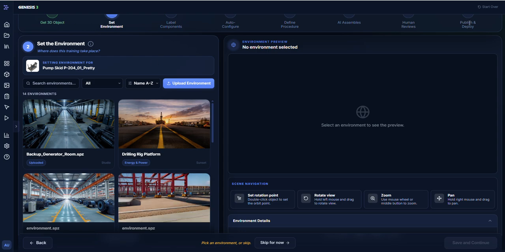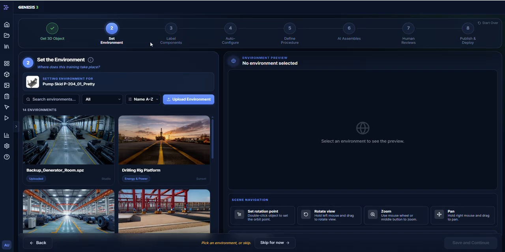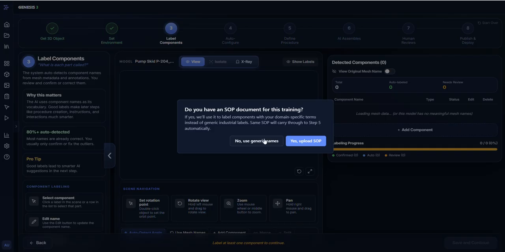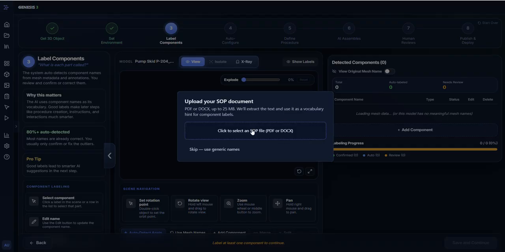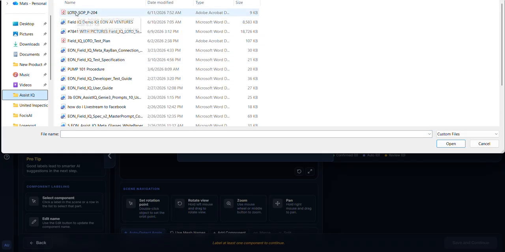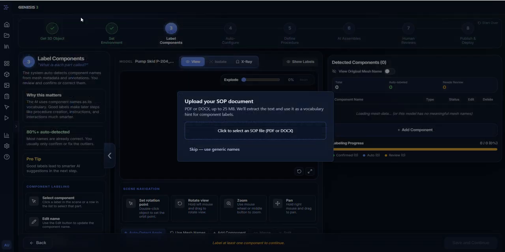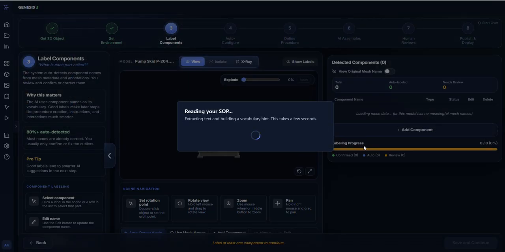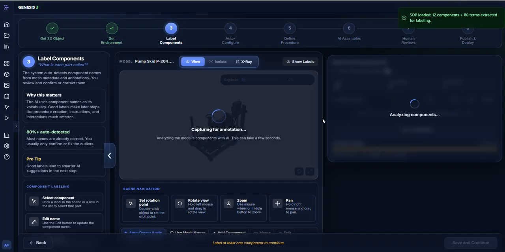There's basically 8 steps that I go through. Get the 3D object, set the environment. I'm going to skip that for now because it takes a little bit longer. Then it asks me for some type of standard operating procedure, so I'm going to go ahead and add one here. We did a very simple lockout tagout procedure for electrical, water pressure, and pneumatics for this pump